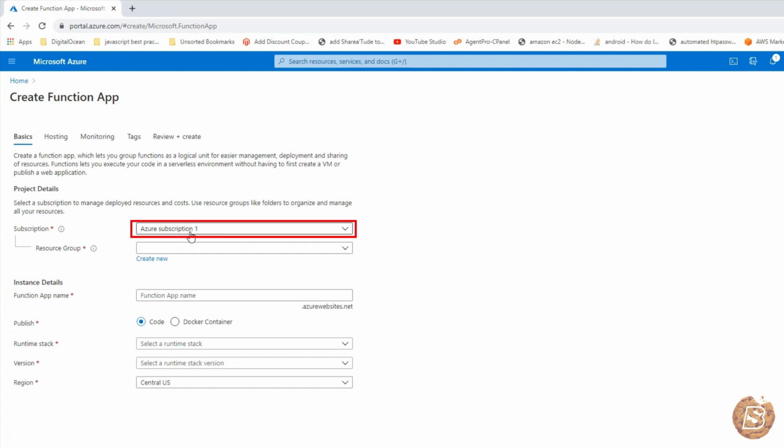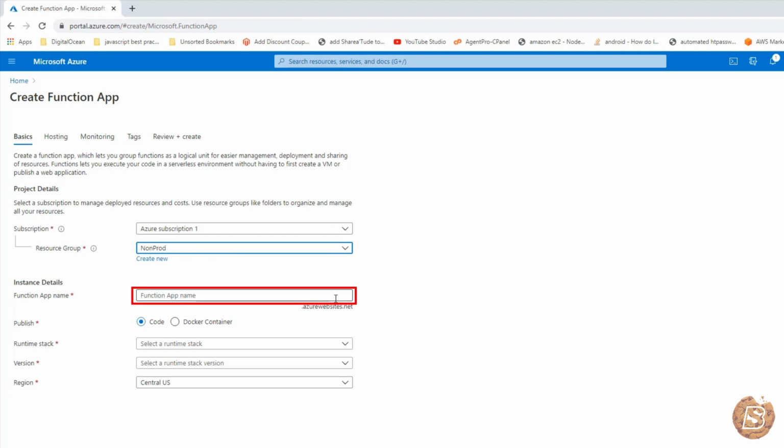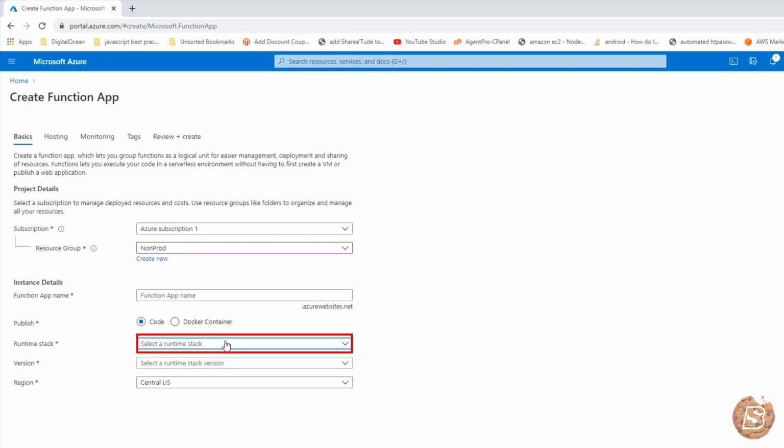Now here you will be required to provide a subscription and then a resource group. After that, you need to provide a function name using which a URL will be created, and then you can also publish it as code or a Docker container. We'll be going with code. Then you can choose the runtime stack. As I mentioned, we'll be going with Node.js, and here the version is 12. Region is Central US. You can then click on Review plus Create to create the function app,